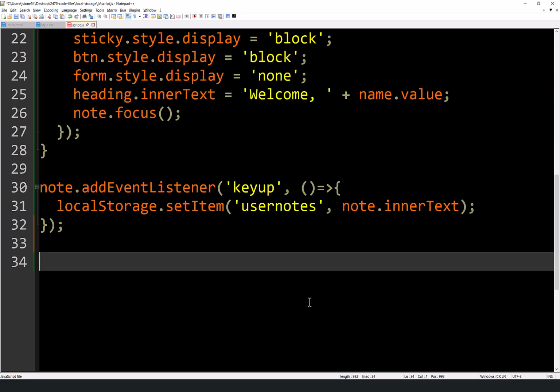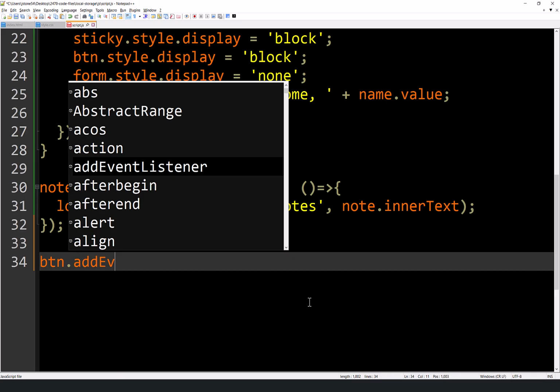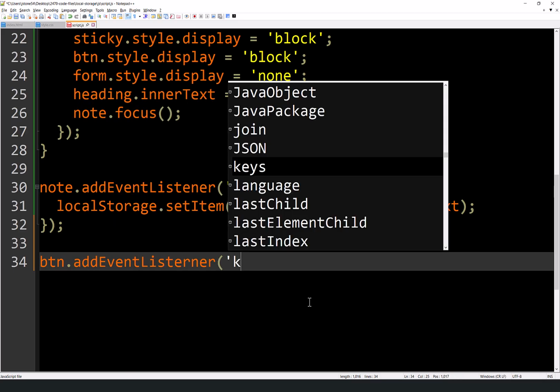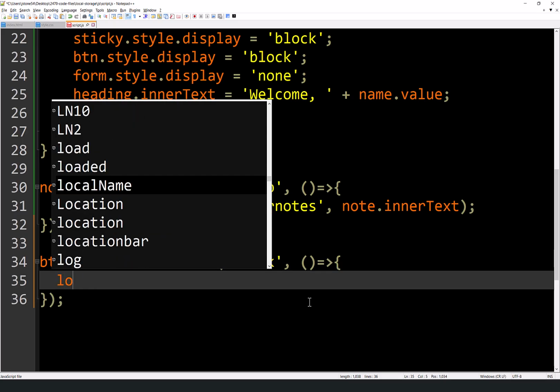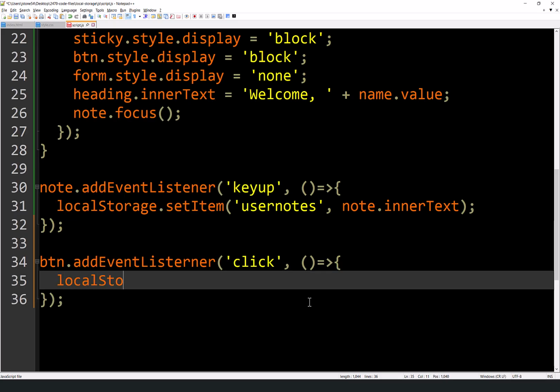So same old, btn add event listener, and it's going to be on a click, and it's going to be an arrow function. And what do we say? Local storage.clear.